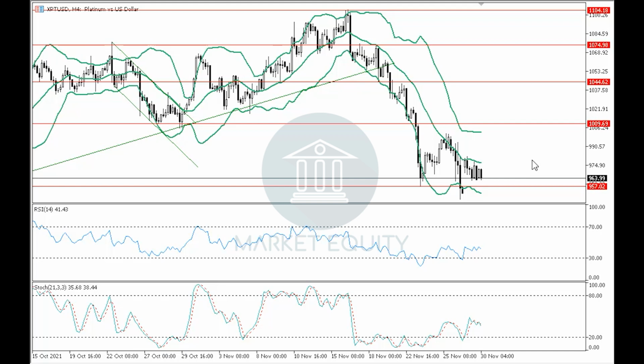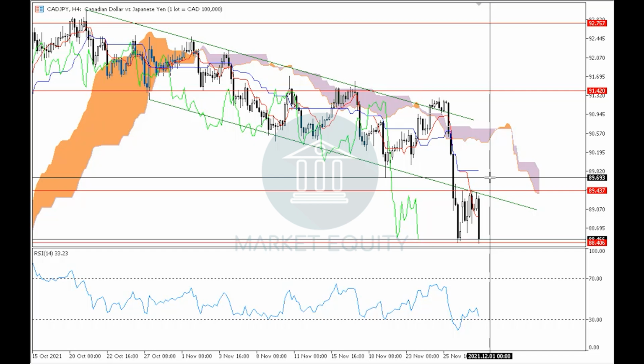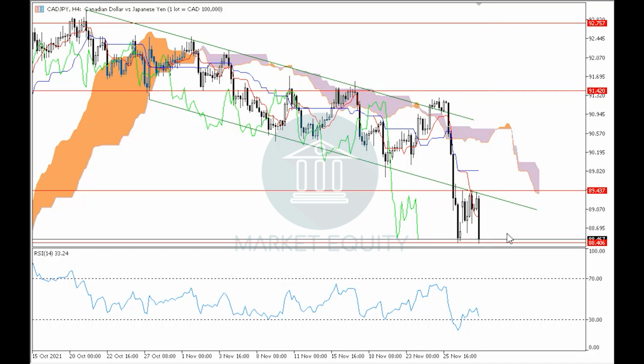Let's move on to the Canadian dollar versus the Japanese yen. In the previous videos, we said that we were waiting for the pair to rebound downwards off of around the upper boundary of the downwards channel in the 4-hour time frame, which in that case, we said that it will be continuing to target around level 89.70, then around level 88.50. Recently, we can see that the pair has broken down through the lower boundary of the downwards channel, and not only that, but upon retesting the broken lower boundary of the downwards channel in the 4-hour time frame, it has started rebounding downwards off of it strongly, where we can see that it is currently being traded around level 88.40,